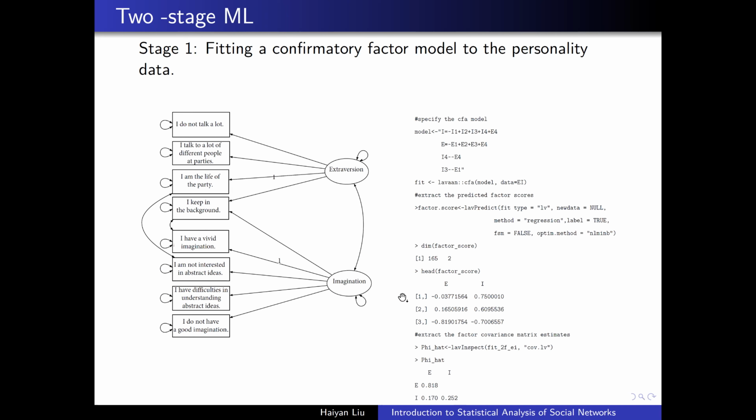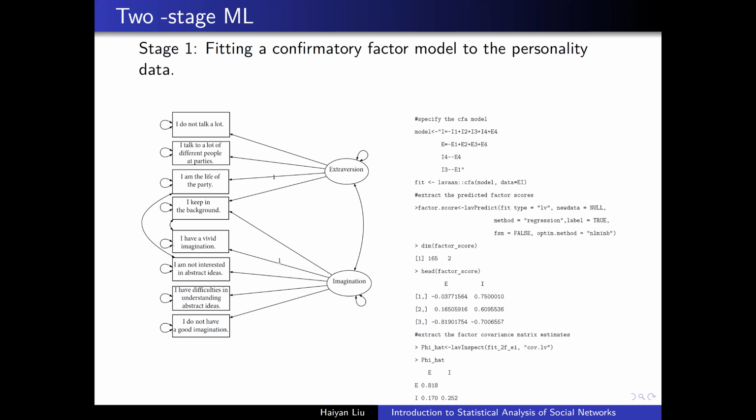We obtain the factor score estimates. For each student, we obtain 2 scores, one for extrovert and the other for imagination. And then we also get the factor covariance matrix estimate. For this stage, we evaluate the model fit, with the RMSEA around 0.04 and the CFI larger than 0.96. So for this stage, this is the final model we use. And we obtain both the model parameter estimates related to the measurement model and also the factor score estimates, which will be used in the second